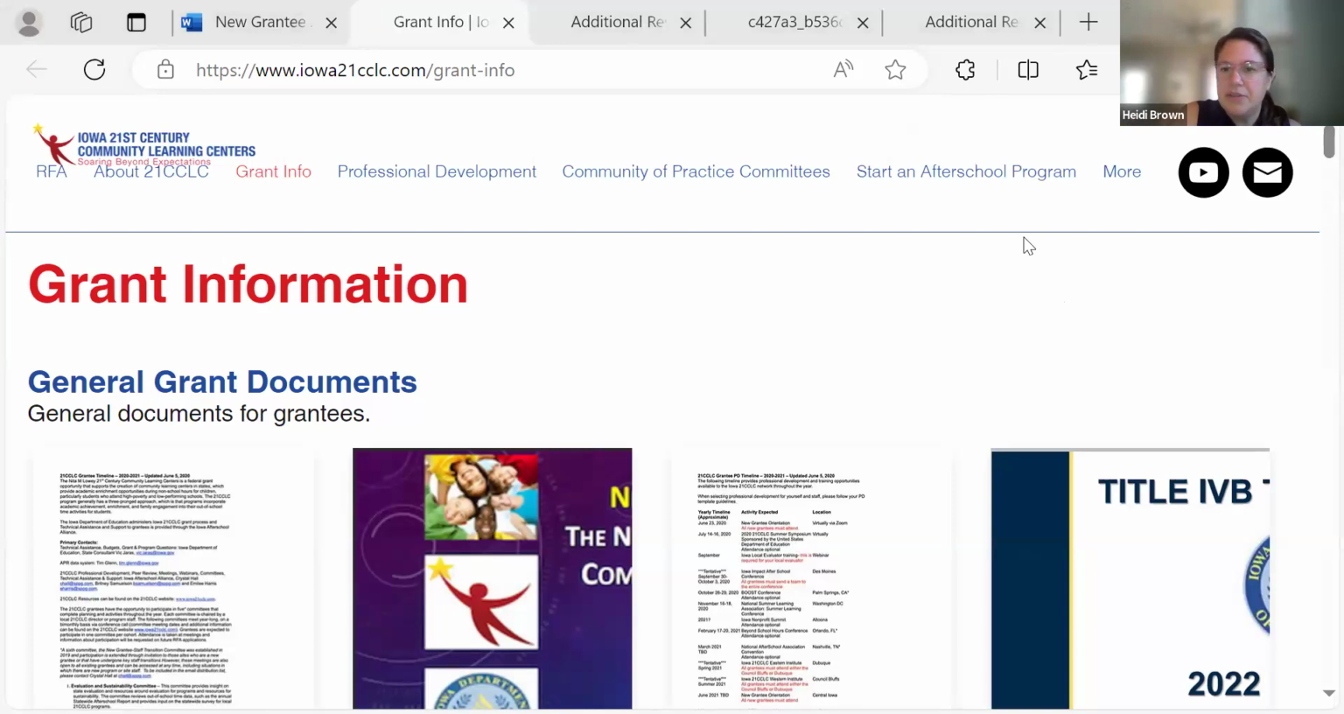I think I'm showing it to you the right way. It should say grant information at the top and then general. Thank you. Perfect. So what you're going to do is go to grant information at the top of the page,